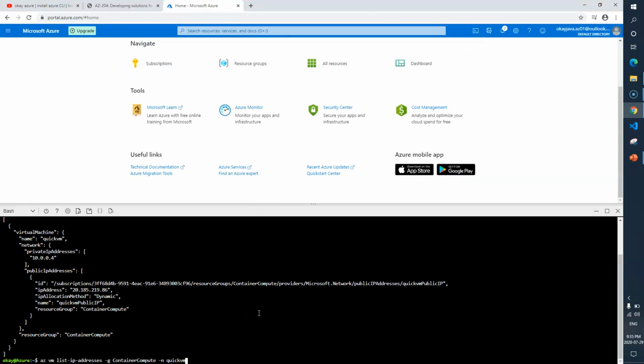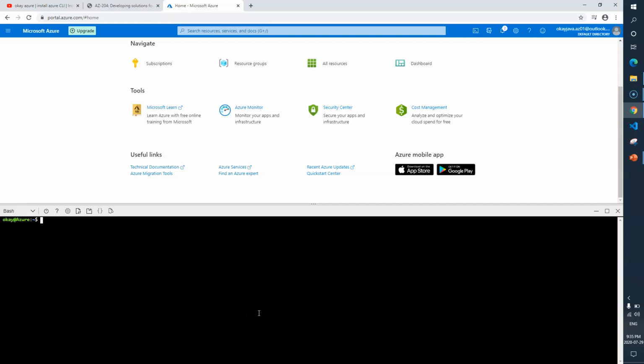Let me clear everything first. Then the next one, --query, virtualMachine.network.publicIpAddresses[0].ipAddress, and give me the output in TSV, tab separated values. So here is the public IP address of our QuickVM.